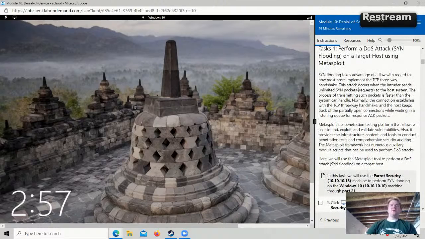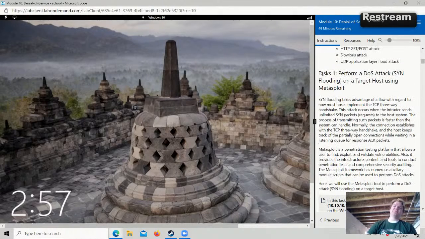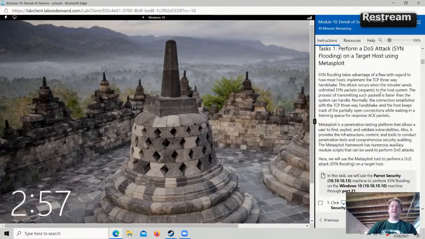So I'm at the tasks portion where I need to perform a DoS attack. However, I'm getting close to class, so I'm probably going to read the rest of this and then probably log